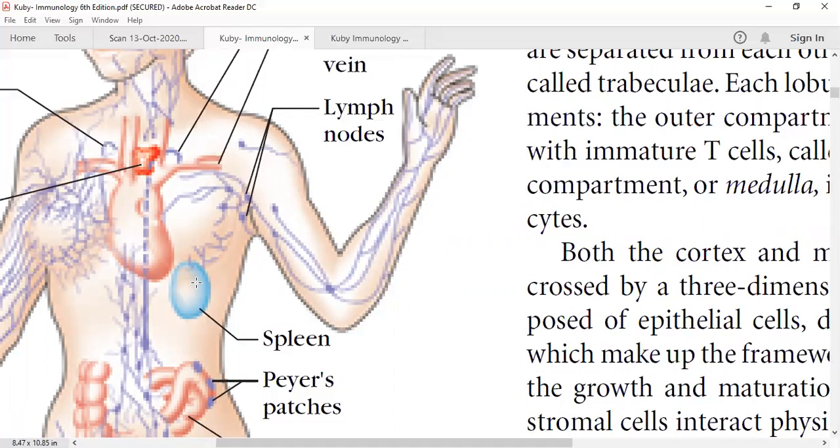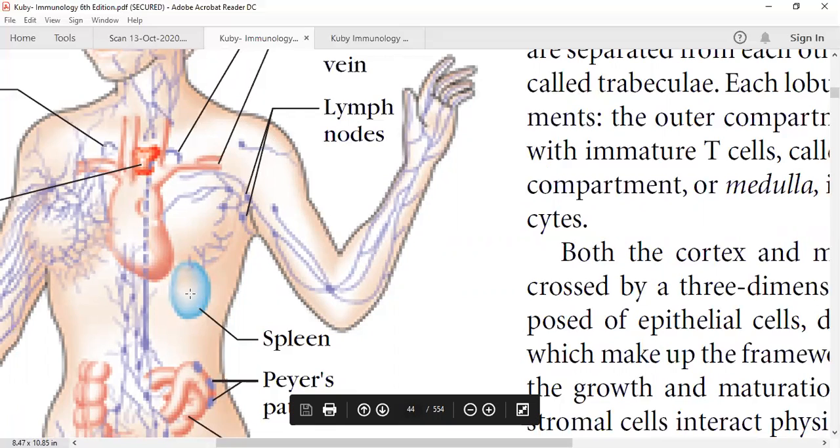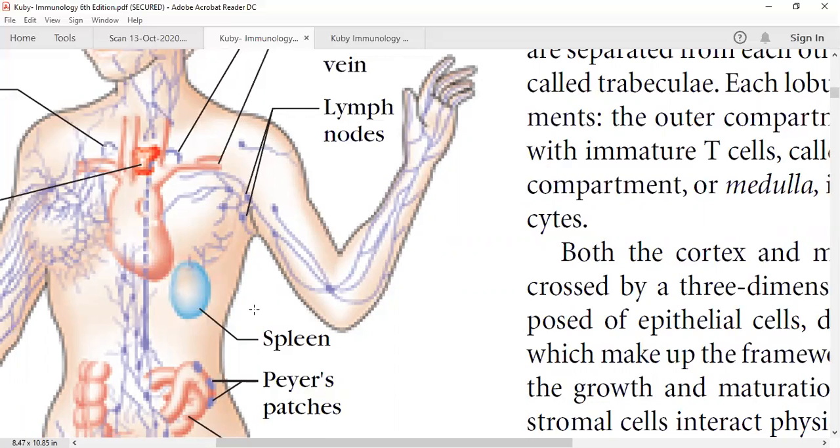So this is one function of spleen. Spleen is also known as the graveyard of RBCs. So our red blood cells, after 120 days, because they have this lifespan, will move into the spleen because blood is continuously flowing in the spleen. And these red blood cells will be disintegrated or destroyed in the spleen. So therefore, the spleen is known as the graveyard of our red blood cells.